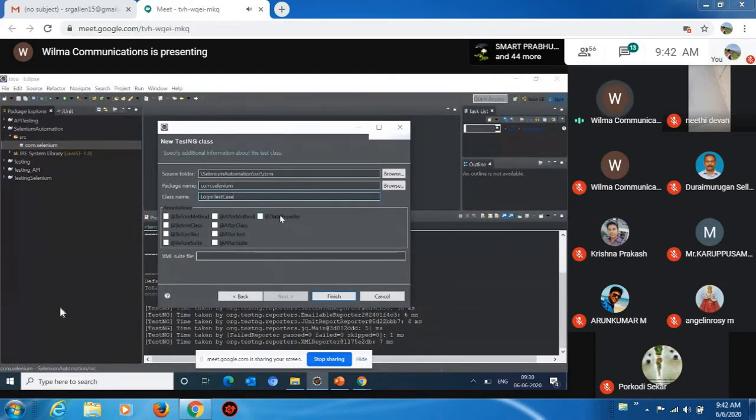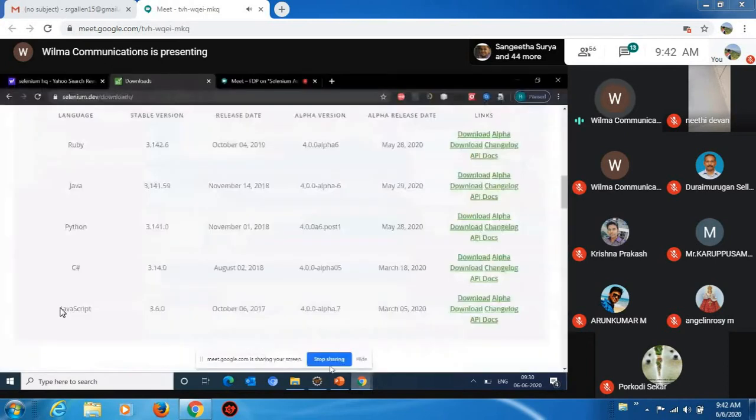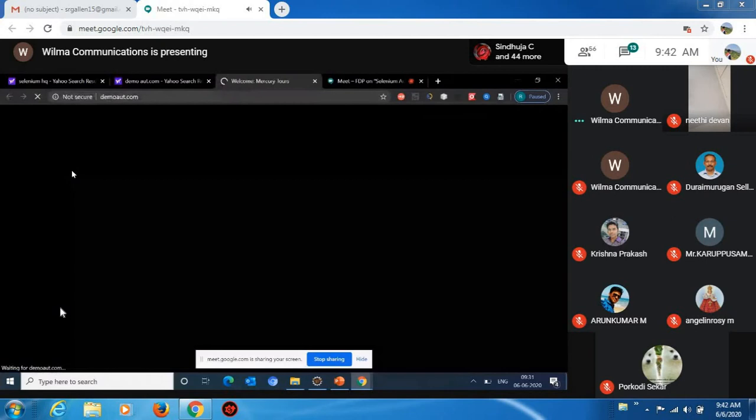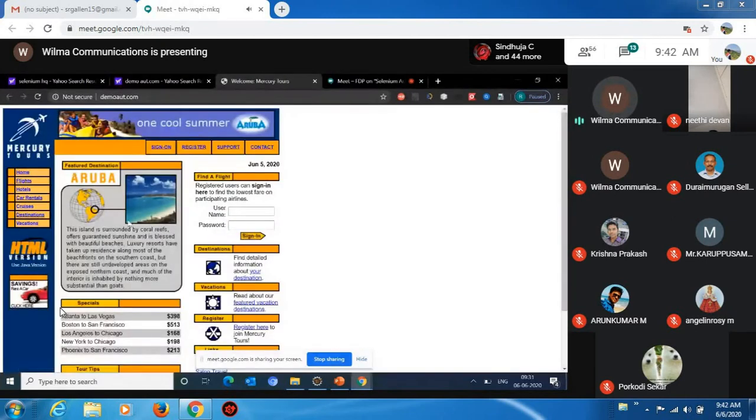Suppose for example I want to validate the login functionality with a different set of input conditions. For example, I can show you, this is one of the demo applications. Let me see whether it works today. Yeah, so this is one of the demo web applications.